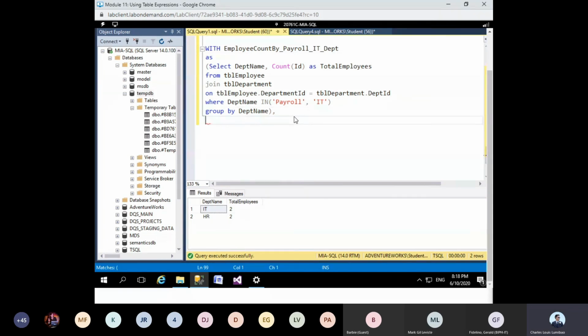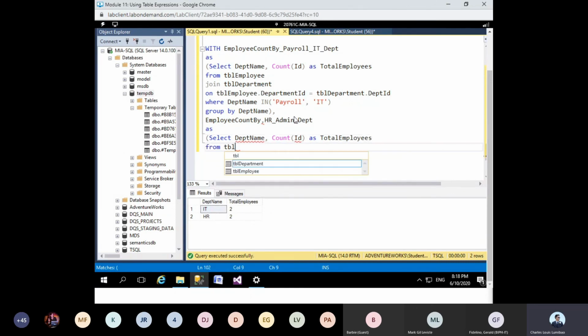Tapos, gagawa pa ako ng isa pa uling employee count by HR underscore admin department naman, AS, and then another select statement here: department name, count ng ID as total employees